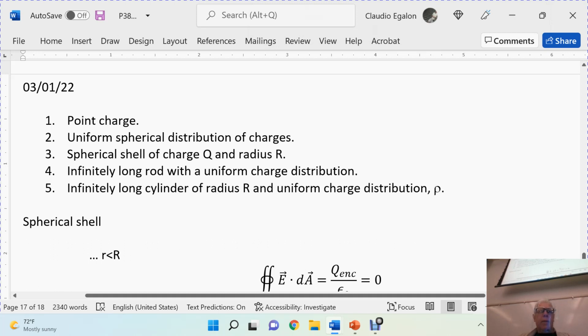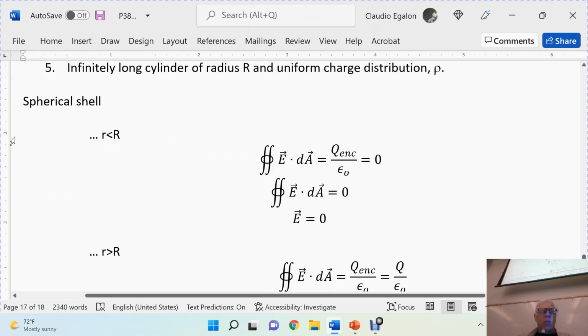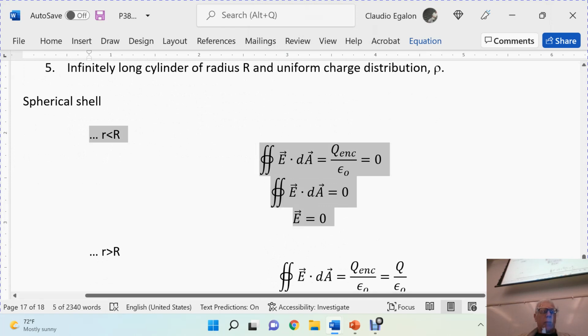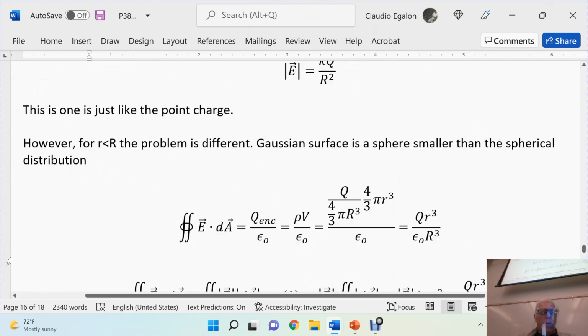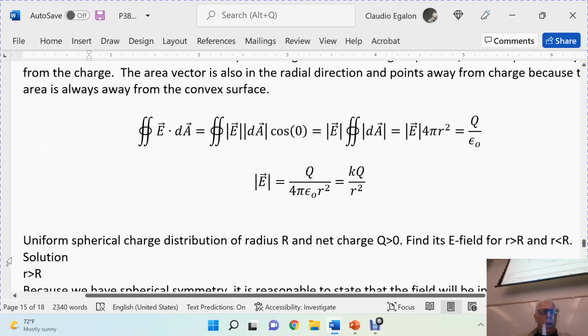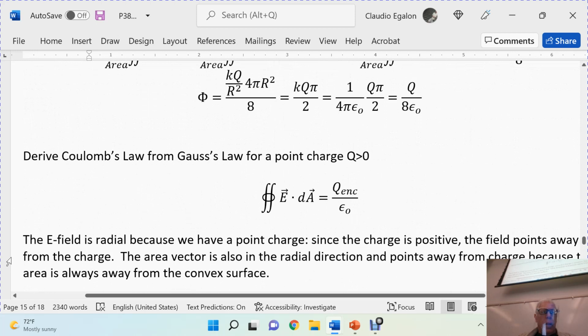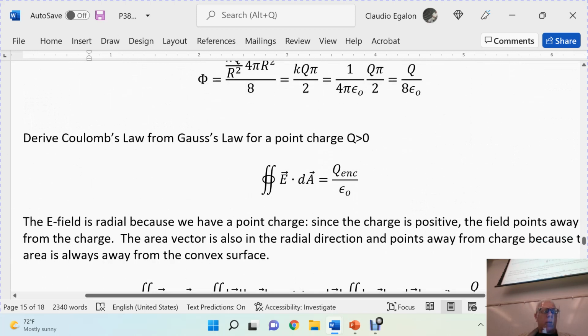Let's do just for inside. The procedure is similar to what we had for the